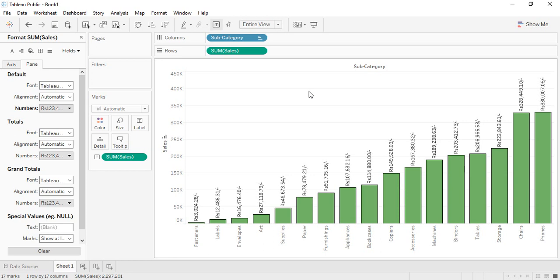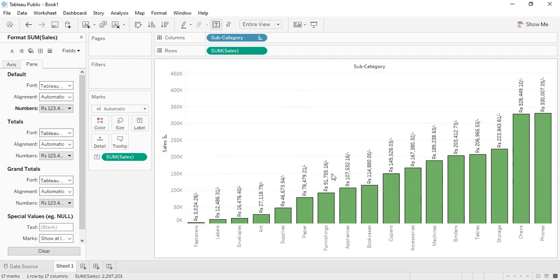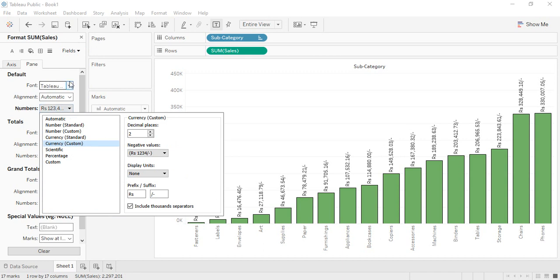We have seen how to apply the labels and how to customize the labels very easily in the previous video, and we customized it as a form of a currency like this. So that's why we are getting this sort of a value. But suppose you don't want a custom currency, suppose for this particular sales value, first of all you need to select that particular value from this drop down, and then you need to go to this font.